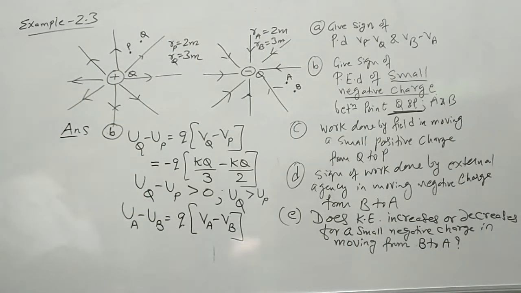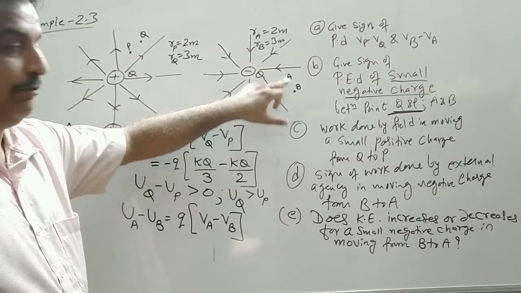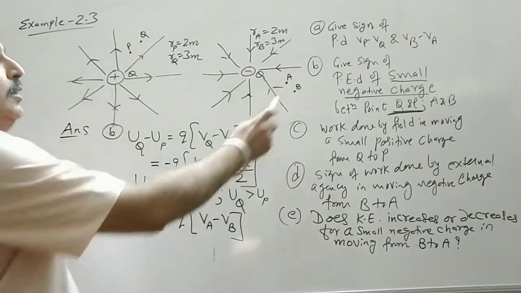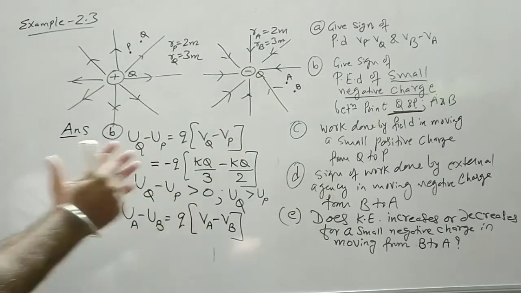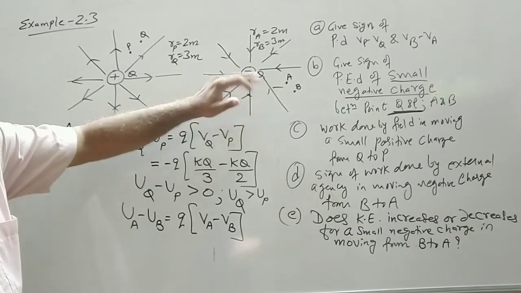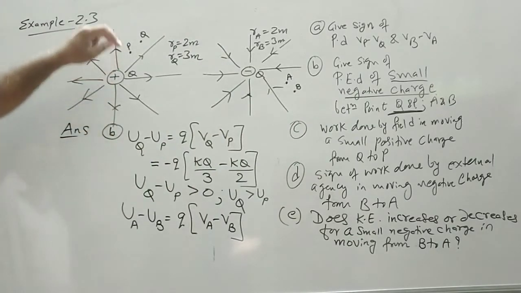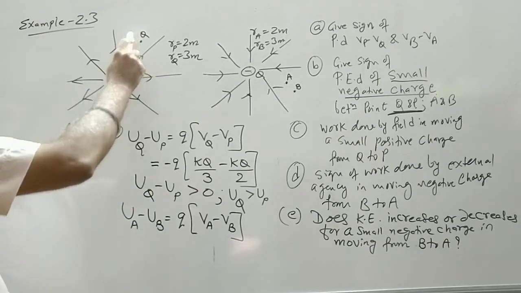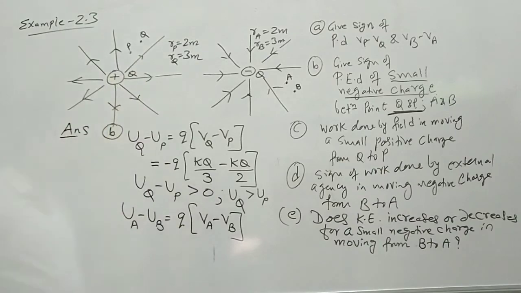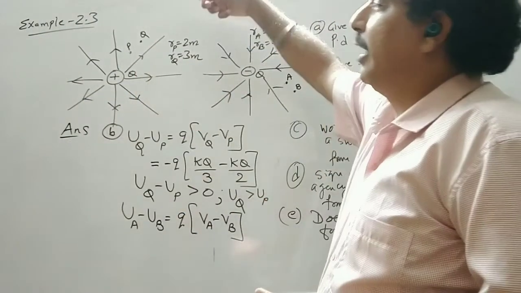Clearly, if I am taking a unit negative charge from B to A, from 0 to A, so whatever A minus U is C to A. Okay? So clearly, I have to do work against, so I will bring the negative charge. And for this also, if I come from say U is UA. So Q is the final position. I am moving from P to Q, taking the negative charge. So I have to do work again.